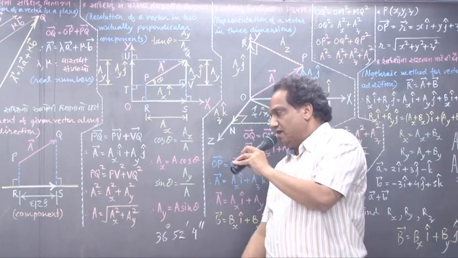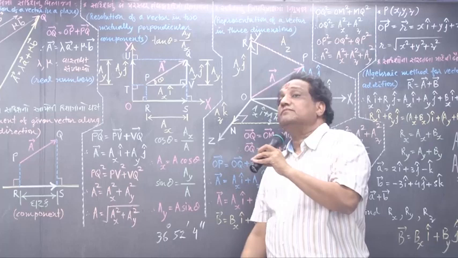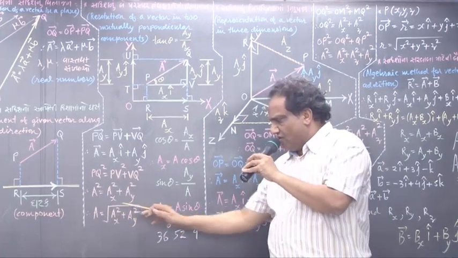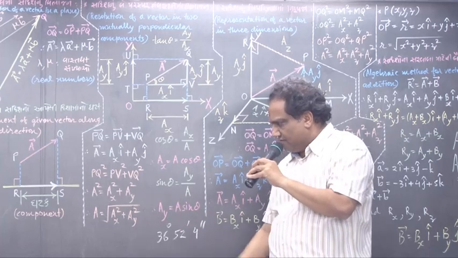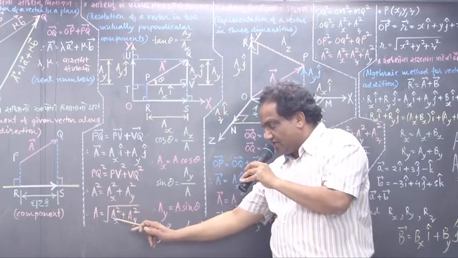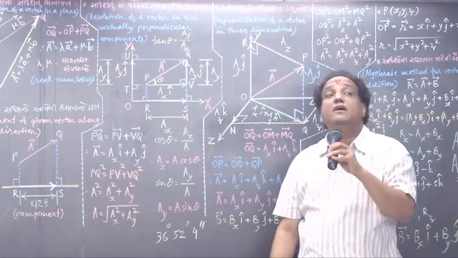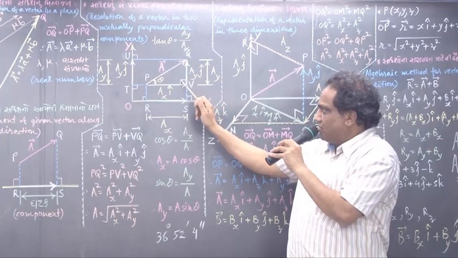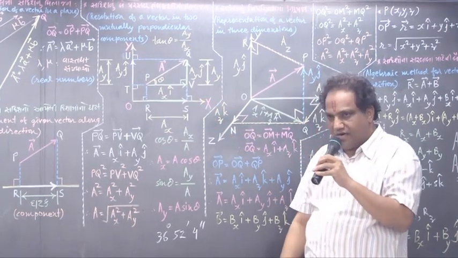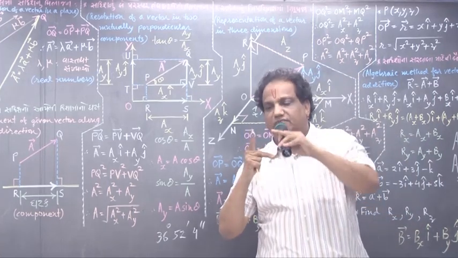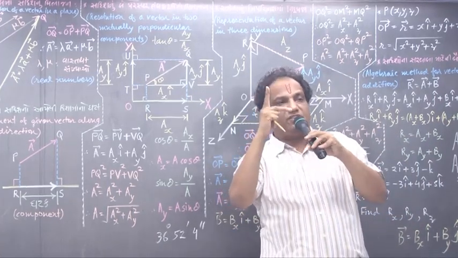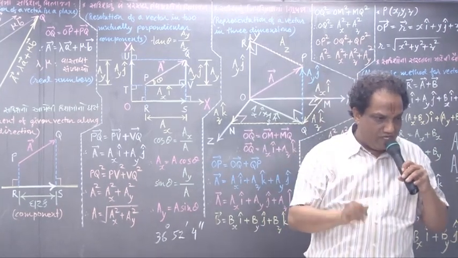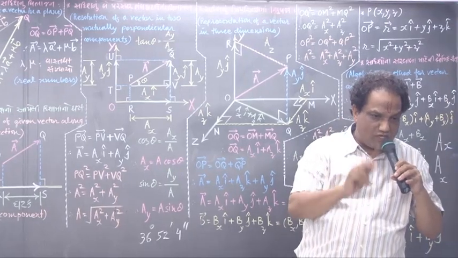Speak the whole sentence with me. Magnitude of any vector is always equal to square root of summation of squares of its mutually perpendicular components. This is the X component, this is the Y component. Can't you say they are mutually perpendicular? Because the X component is along the X axis and the Y component is along the Y axis, you know they are mutually perpendicular.